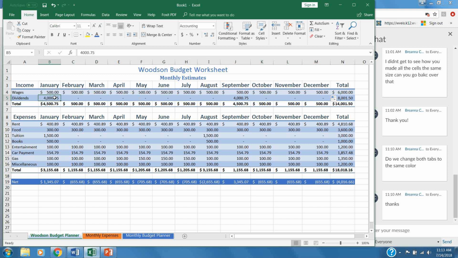And this total, so it affects anything that's tied into B6. It changed in all these as well. It changed here in our